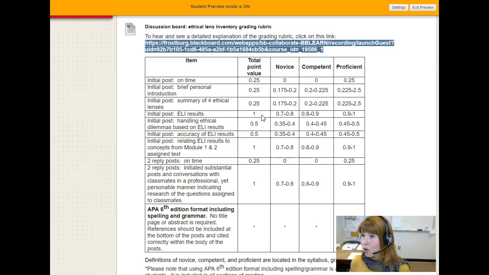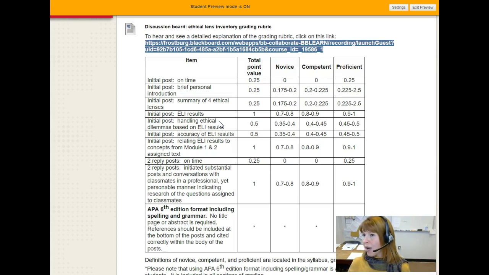So I want to know what did your ELI tell you? What were your results? What does that mean? Can you explain it in a way that is understandable to me and your peers? What do you understand about it? So on and so forth. So again, not a dissertation, but enough information that I know that you know what it means. All right, the next element of this initial post is